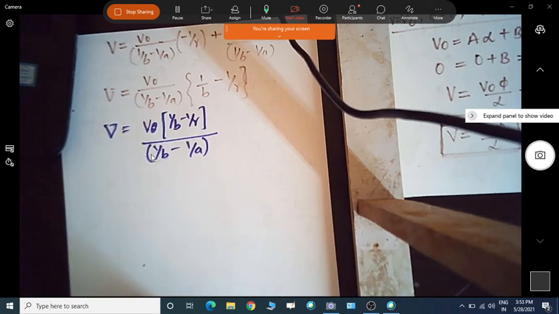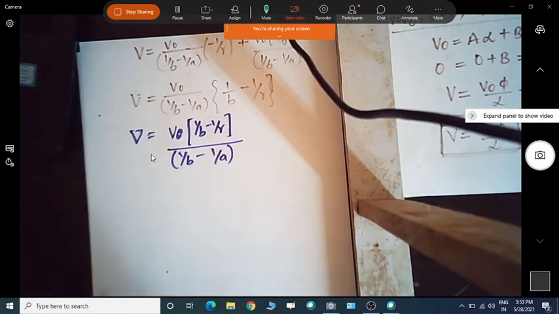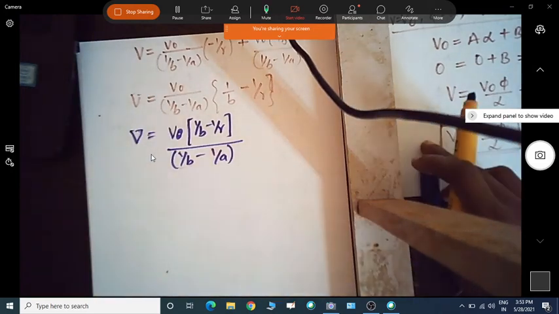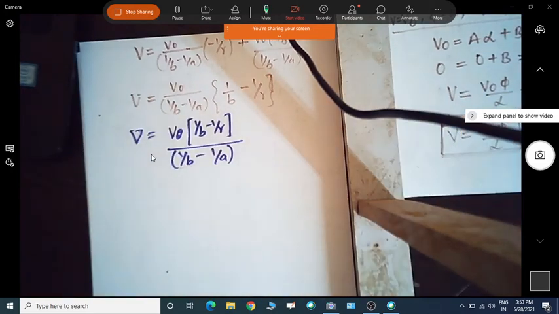Okay, is there any doubt? We can ask, or let us stop here and continue. One more case, with respect to theta, we will do in the next class. Any doubt in any point or in any equation? Anybody?